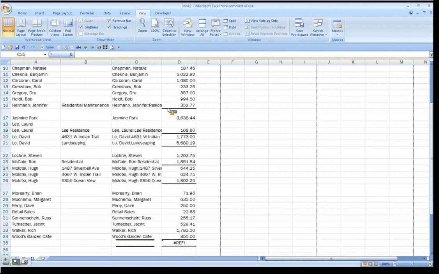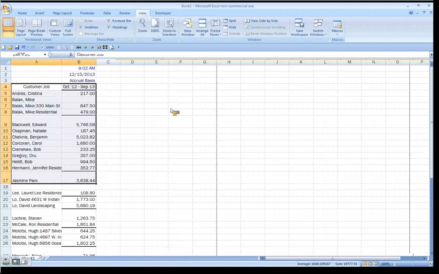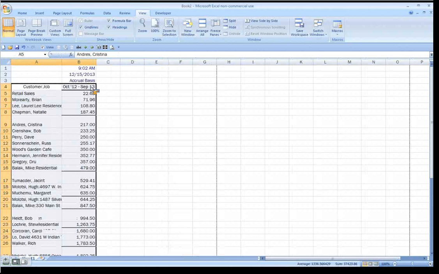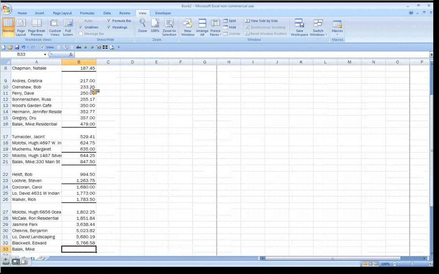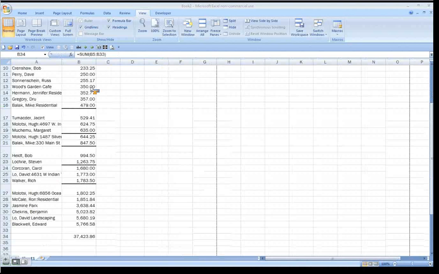Very quick sort by amount. Compare with the total on QuickBooks to make sure I didn't lose anything that I actually need. Rename this column sales. Way up. Quick Alt equals sign gives me my total, 37,423.86. Let's see if that's right. That is correct. Now I can do the last part, which is